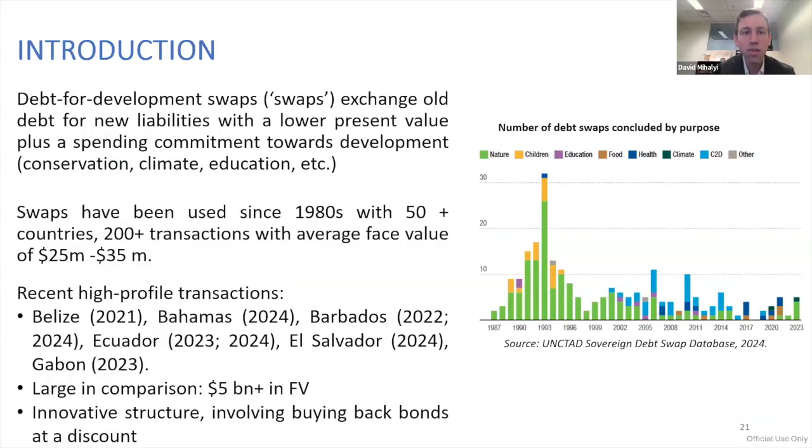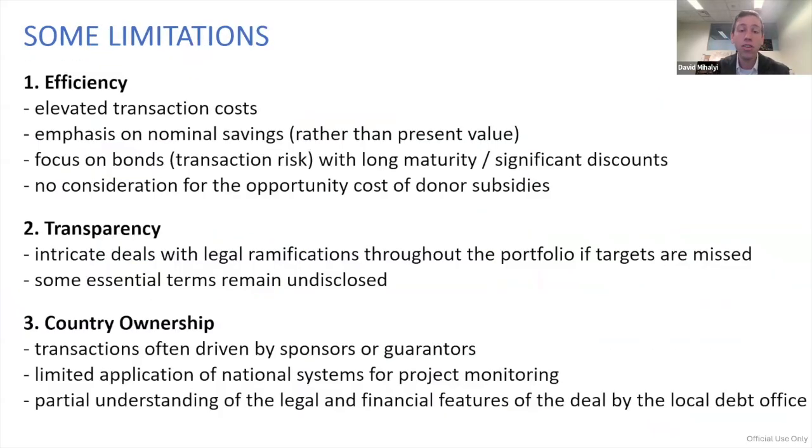I'm not going to go in, we had beautiful presentations, especially Mr. Bamba's, on how the Côte d'Ivoire transaction looks like, and Jules confirmed it was a great one. So I don't think I need to dwell a lot more on it. But maybe in terms of our general approach, we can skip this slide, which gives you the big picture on the transactions and the specifics of how a buyback looks like. And let me just tell you what we saw as the problem and what we were trying to